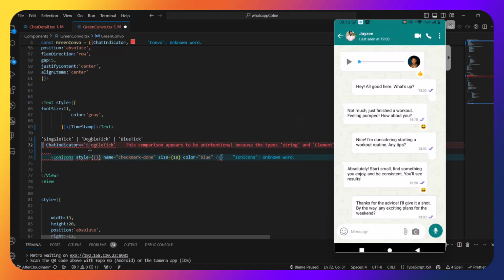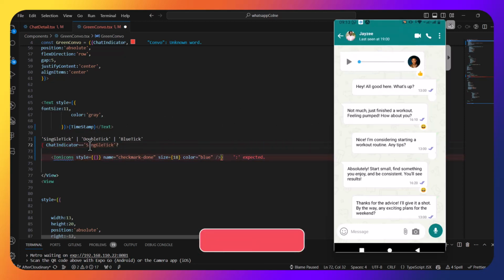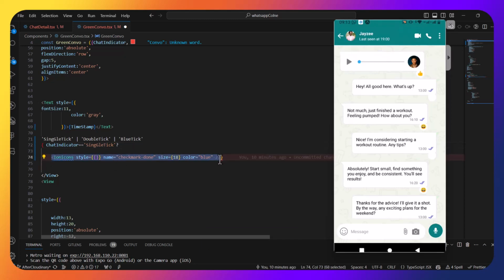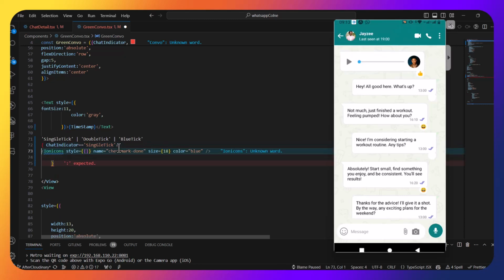If it's true, what can we do for now? Let's use this icon. If this says single tick, put this icon. As you can see, guys, can't I put this below? So I'm asking here, is this a single tick? If yes, put this icon. If not,